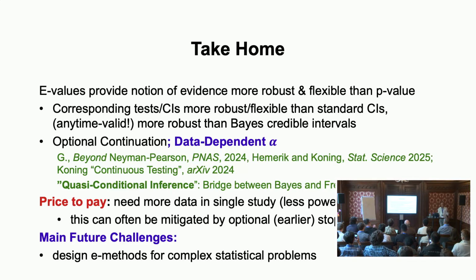Then, of course, there is a price, and the price you pay is that in some cases you will need more data. You have to be more conservative to get this going. But this price really depends very much on how you measure the costs of doing this. Because if you look at expected stopping times, sometimes actually you might need less instead of more. But if you look at worst case stopping times, you definitely need more. So it's a complicated story, like is it really better or worse? That's in terms of how many data points you need.